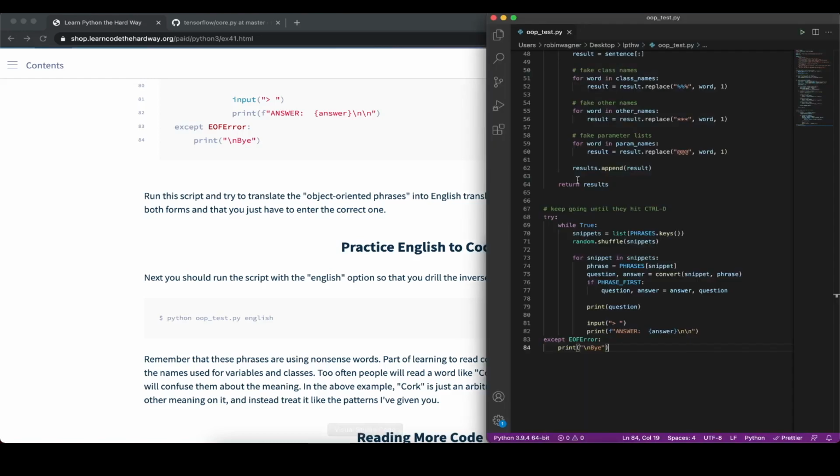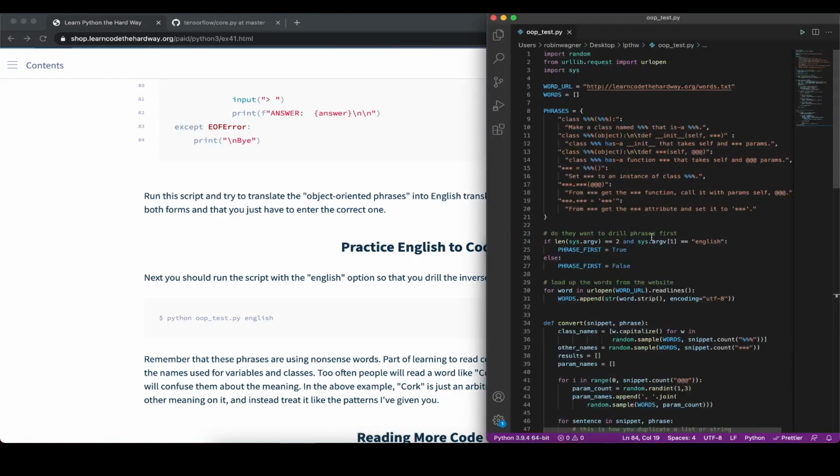If we take another look at this code, we set the command line argument, the second one here, to be English. It's of course argv of 1 because it's 0 indexed. The 0th input would be the name of the file itself, followed by the command line argument, the next one, which we set to English.